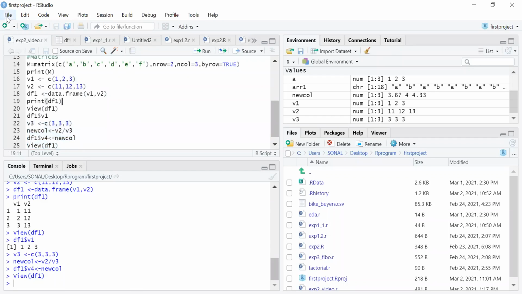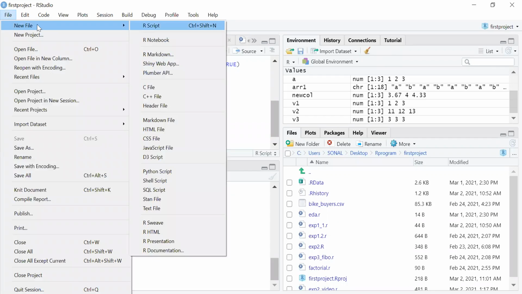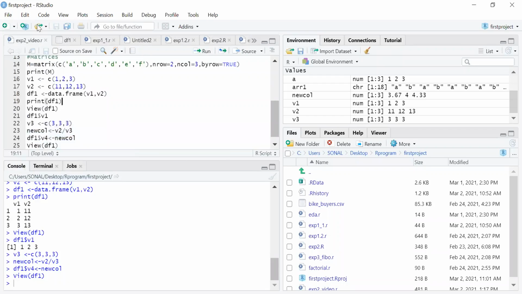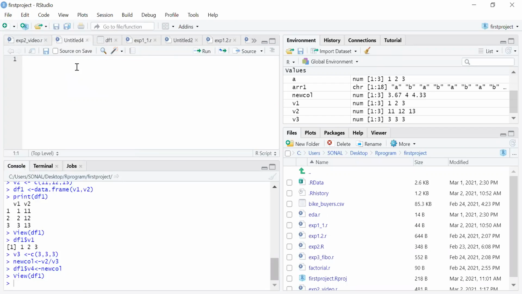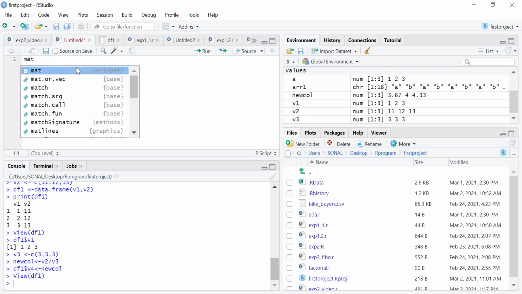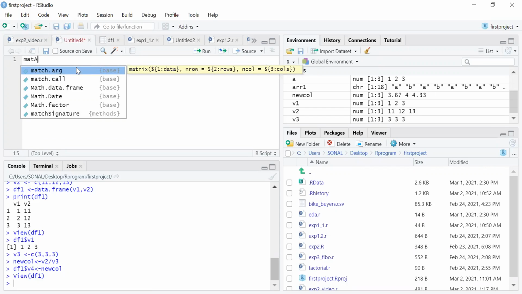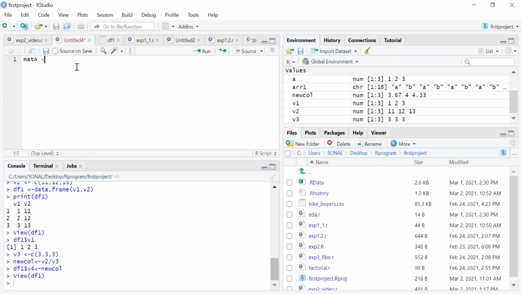Now let's create a new file and we'll be doing the inverse of a matrix. First we take the data, that is, the content of the matrix.